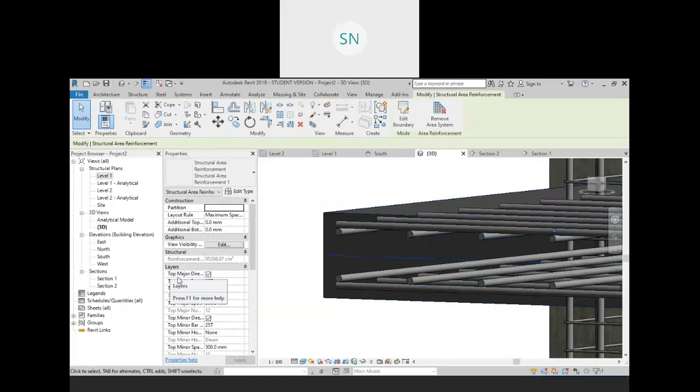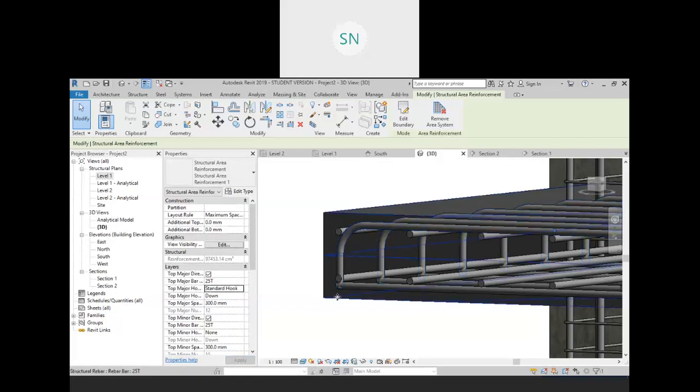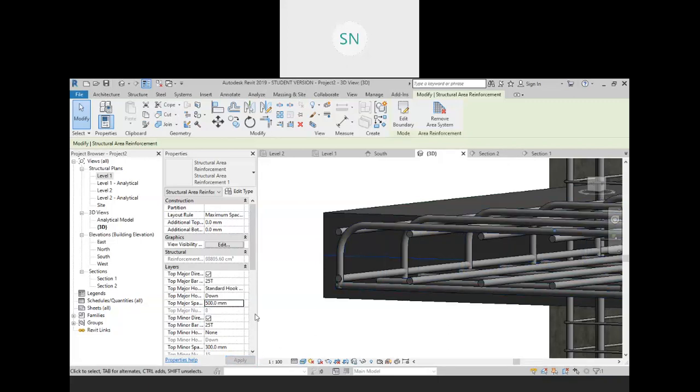In the layers we have top major direction, you want it or not. If you don't want that you can hide it, if you want that you can take it, and which size it should be. Then there will be some kind of hook or not. If you want to provide a hook of 90 degrees, then it will be a hook like this, right? And you can increase the spacing, so you can directly hook it with the beam, right? So if you have beams, I want to hook it 500 mm, apply. So this is your spacing